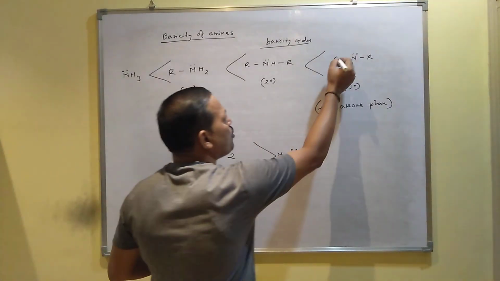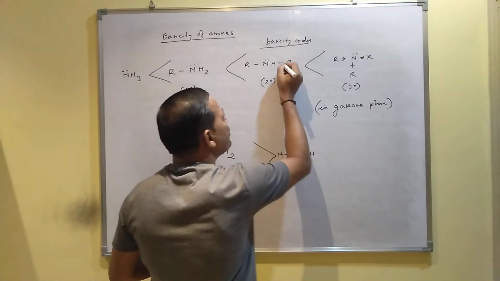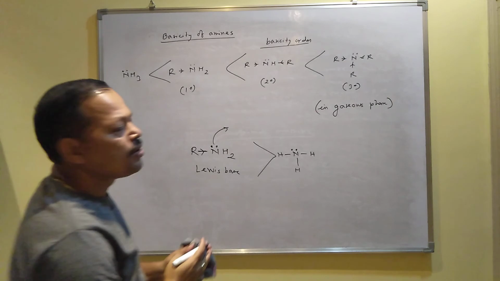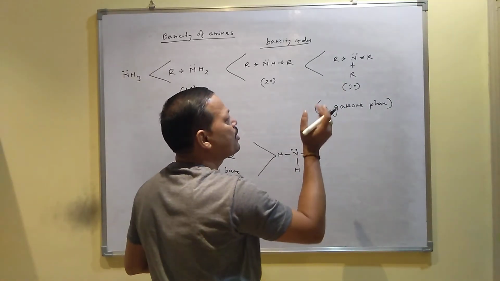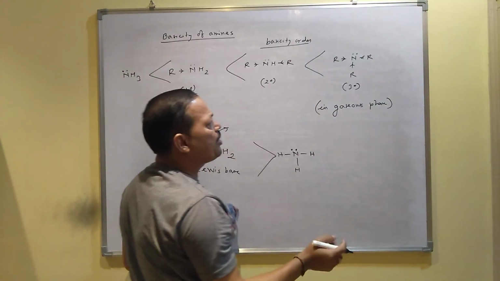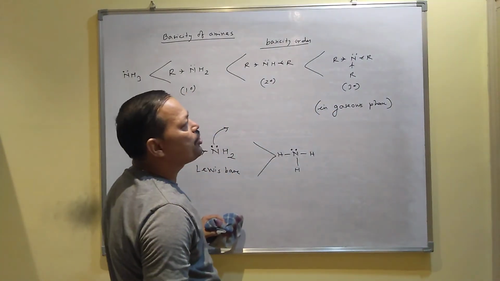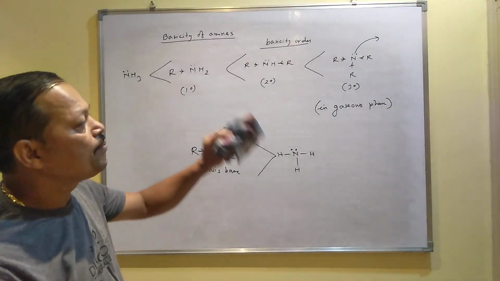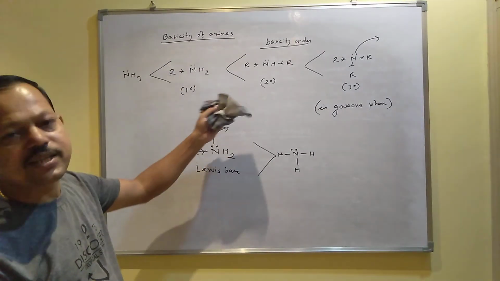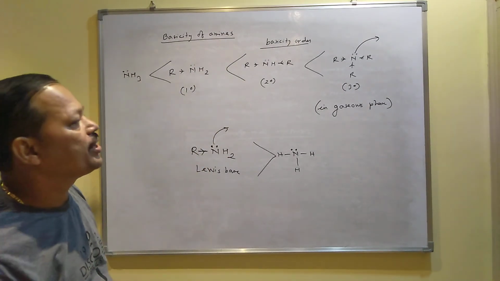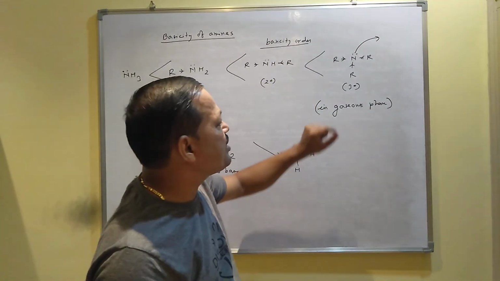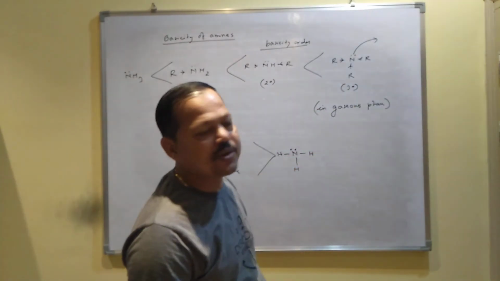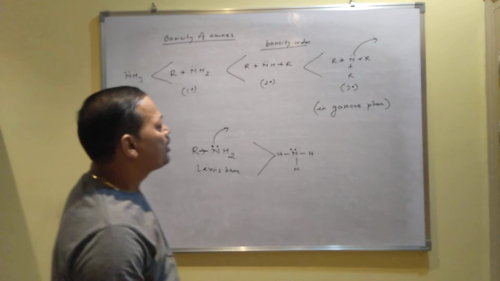It is due to the presence of more electron donating groups in tertiary. Here 2 electron donating groups, here only 1 electron donating group, here no electron donating group is present. So as the number of electron donating groups increases, they donate electrons towards nitrogen, and the electron density on nitrogen goes on increasing, and that is why it is easier to donate the lone pair of electrons to another atom. That is why tertiary is most basic, then secondary, then primary, then ammonia. So as the number of electron donating groups increases, the basicity of amines also increases, but this is applicable only in the gaseous phase. If it is in aqueous solution, then the order will be different.